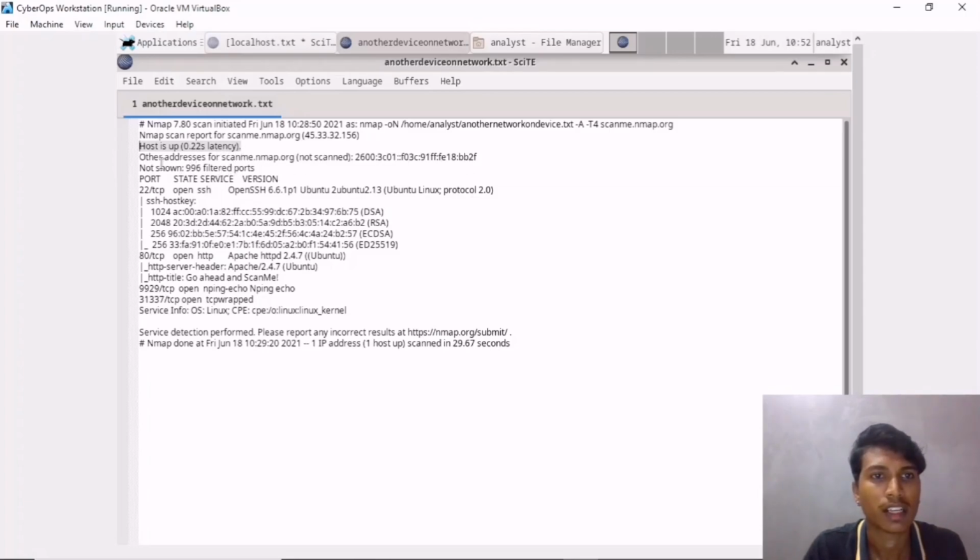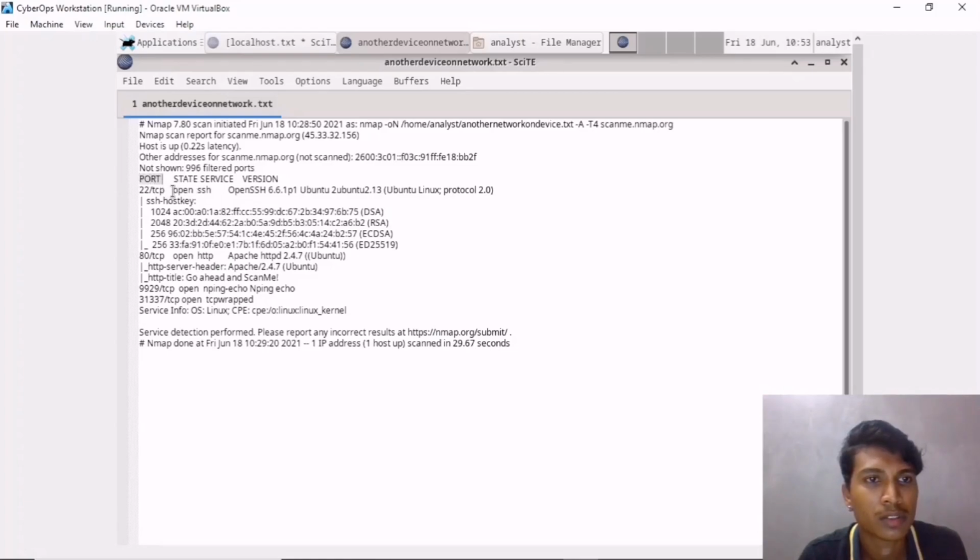You can see other addresses for scanme.nmap.org, which is another device on the network, which are not scanned. You can see which ports are open right now.